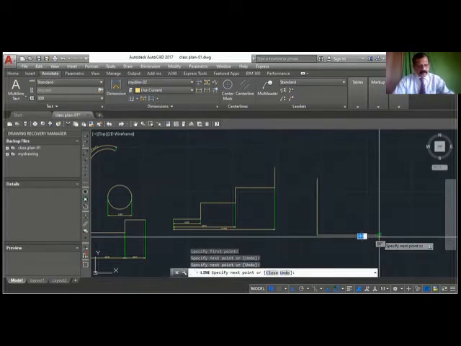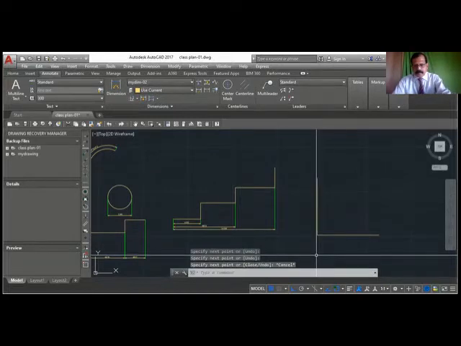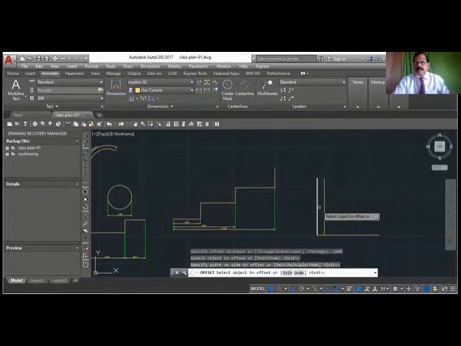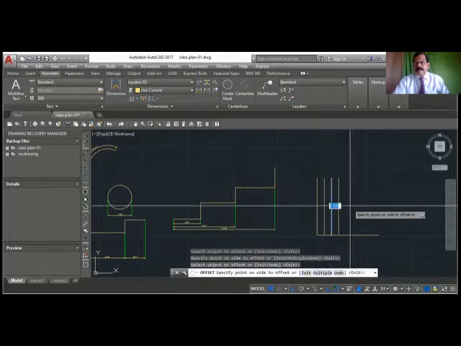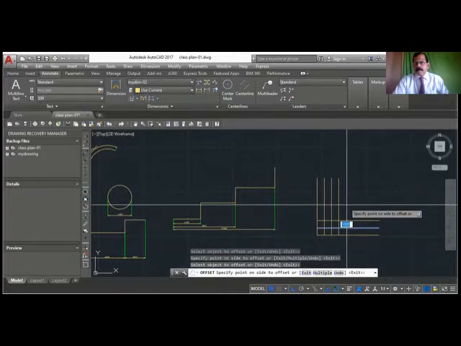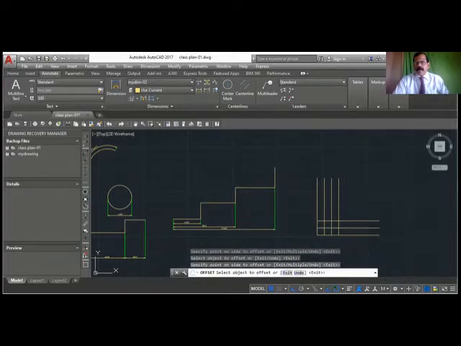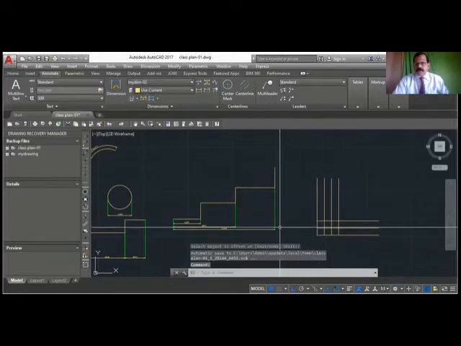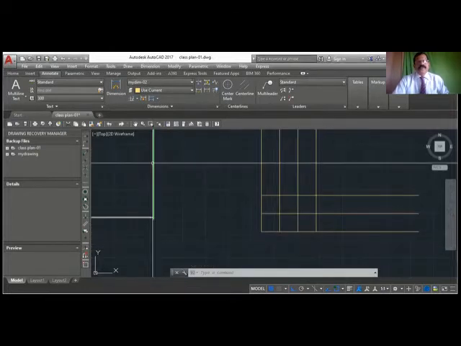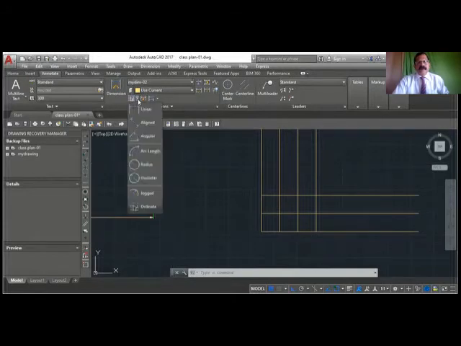I have some lines here. I'm just offsetting this by 1000. And you want to write down what is the x coordinate, what is the y coordinate for this. Okay, so you can use dimension ordinate, dim ord, dim ordinate.